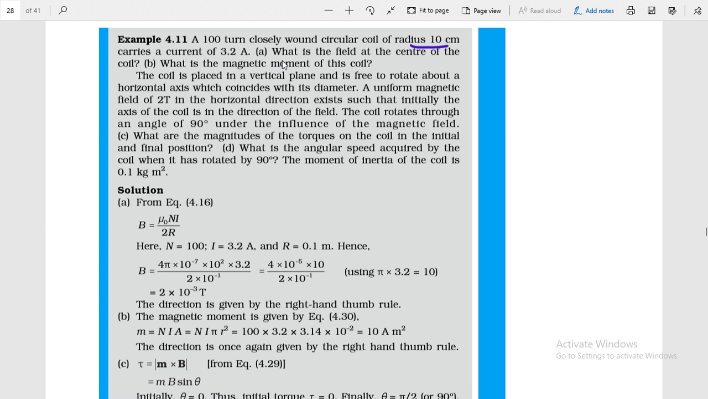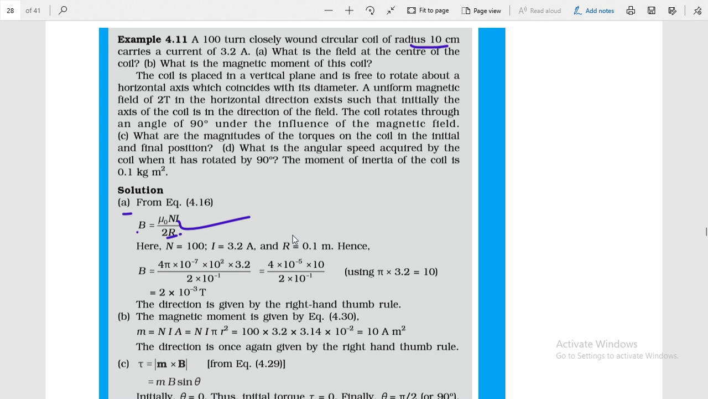So we have to find the field at the center of the coil. For this we must remember the formula for the magnetic field at the center of a current carrying loop. You can see in solution number 1 the formula for the magnetic field at the center of a current carrying loop with N turns: B is equal to mu naught N I by 2R. This is the formula in the case of a current carrying loop. Here the given quantities are N equal to 100, I equal to 3.2 ampere, R equal to 0.1 meter, and hence after putting these values in this equation,